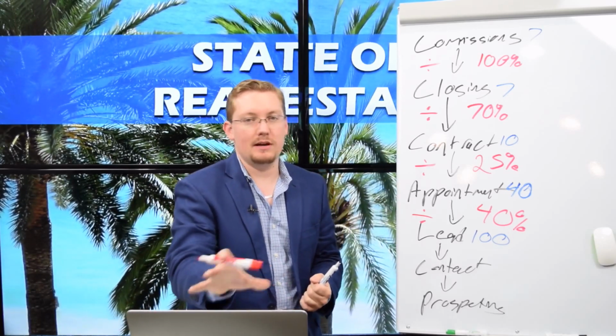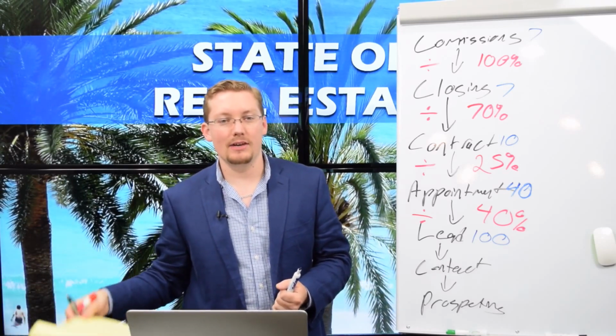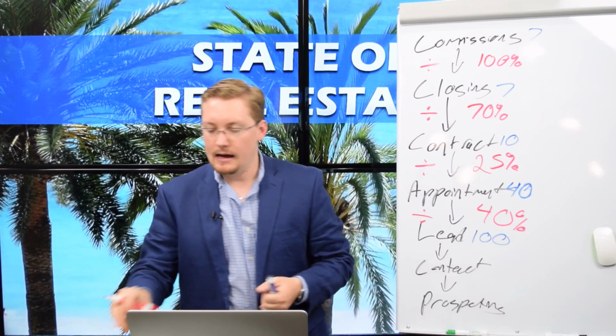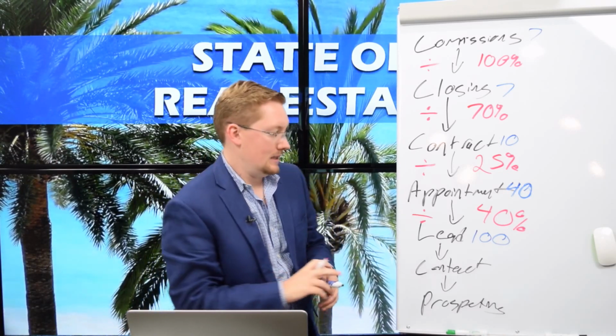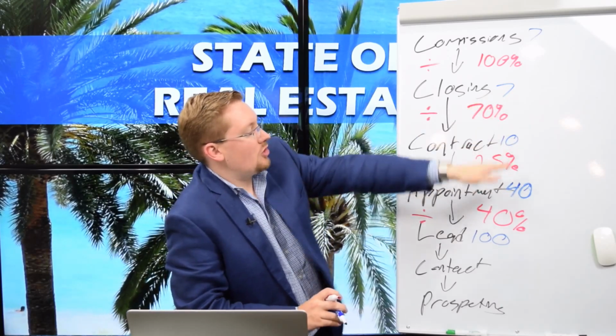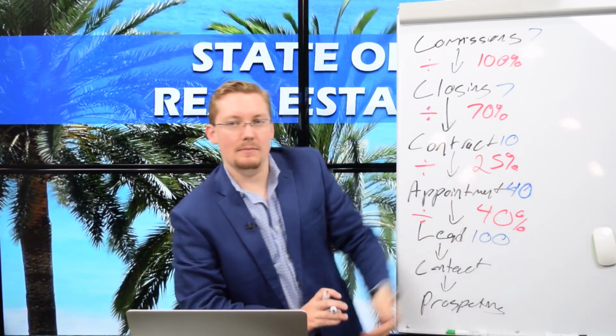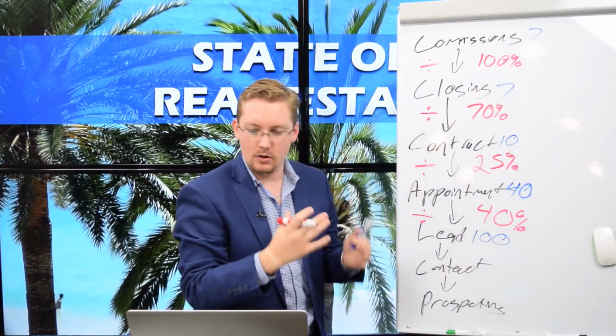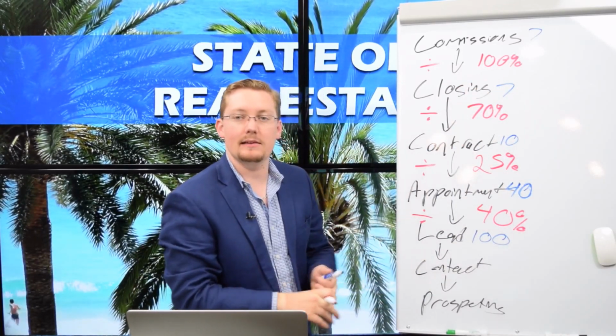Whether you're doing this on a spreadsheet online, or keeping track on good old pen and paper, whatever it is that you got to do, make sure you're keeping track of this. So if we had 100 leads, 40 appointments, 10 contracts, 7 closings, 7 commissions, we'd have 40%, 25%, 70%, and 100%. So hopefully you're starting to see how this math comes together here, but we're not